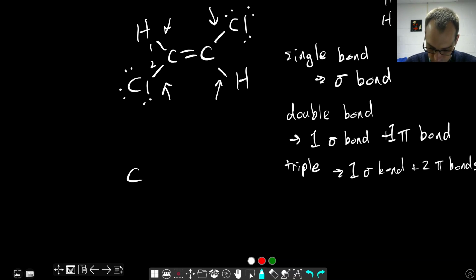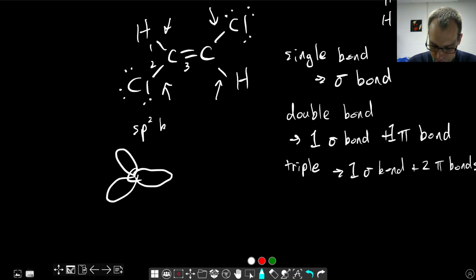Let me just draw those a little bit bigger to give myself more space. I don't think I actually achieved my goal. There we go. All right, those are a little bit bigger. These are sp2 hybrids, and the additional p orbital is pointing up and down. It's kind of hard to draw, because we're looking down at the molecule. On the top side, we're going to have an overlap with a 1s orbital from hydrogen. On the bottom side, we have our chlorine, and it's going to have a hybrid orbital that overlaps along with our,